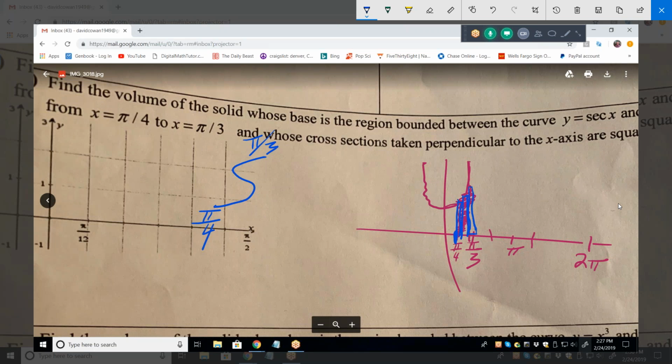Well, what is that first square that I've drawn on the left, the smallest one? What is its one dimension that you need to know? Well, wouldn't its side length be secant x? Exactly. So it's secant x squared